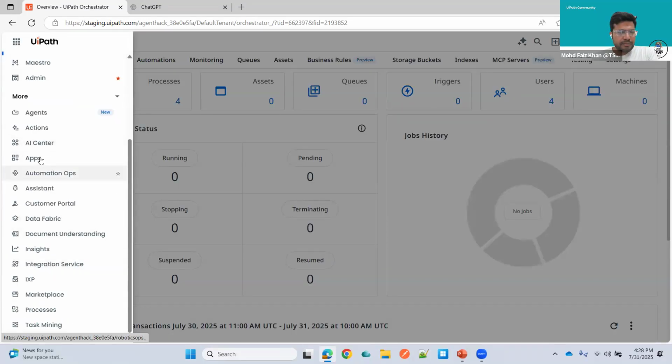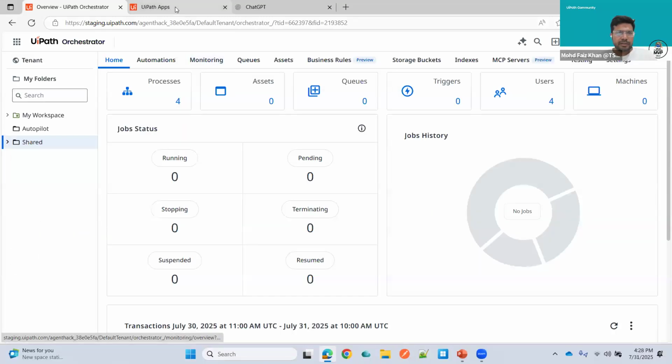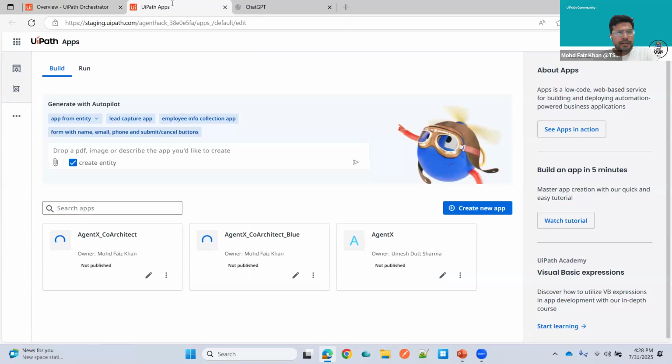We have different UiPath offerings, where UiPath offered the Autopilot capabilities to generate anything, right? So here we have this UiPath application, and I'm just opening UiPath Apps, you can see, and there we can pass the prompt. There we have different ways to generate the UiPath apps.